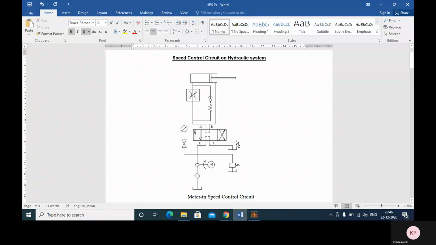Hello everyone. In this video, I am going to explain about speed control of a double acting cylinder in a hydraulic system. That means how to control the speed of the double acting cylinder in a hydraulic system. In some applications, we need more speed, or in some applications, we need a forward stroke with very less speed